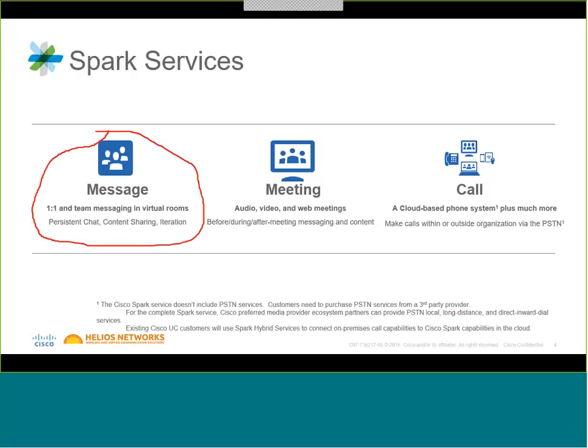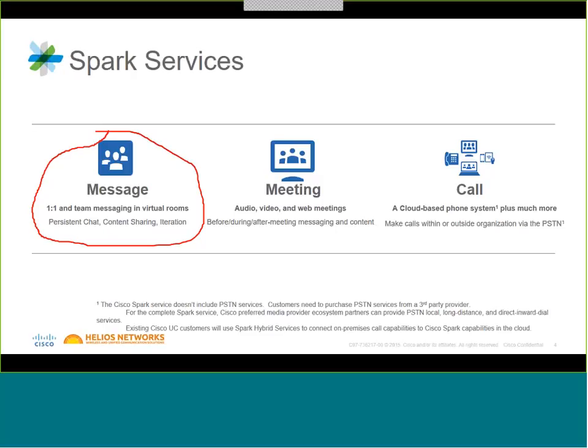You would display the slides, you would show videos, whatever, and then you lock the door, and no one else can get in unless you're invited. Essentially, you wouldn't come into a meeting unless you're invited to it. These virtual rooms, you can have as many as you like, and we'll go into that in more detail shortly, but it essentially allows you to share content. It's persistent, so that regardless of what device you're on, the chat history is still there. You're still seeing the conversation going regardless of the device you're on.